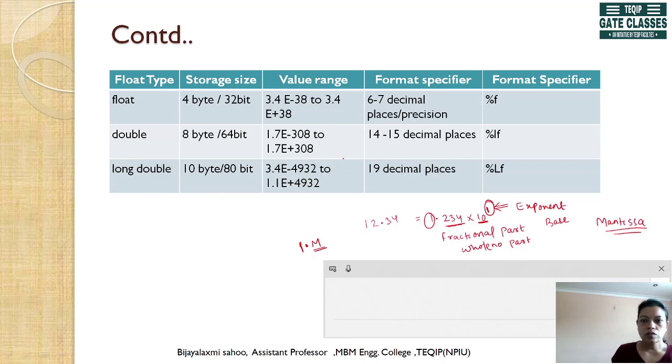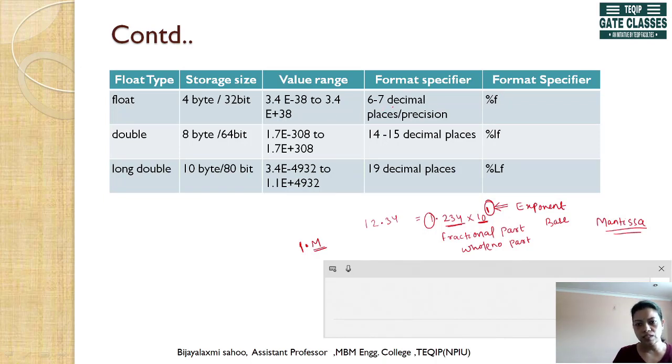So this floating point number represents how many floating point numbers we can store in memory, what is the range of that, after the decimal point how many numbers you can put, and what is the format specifier.